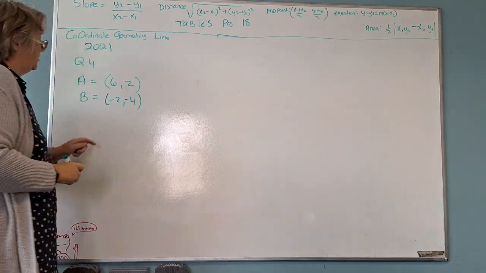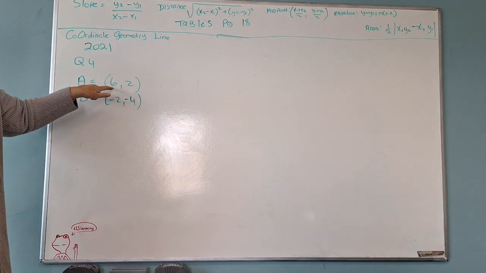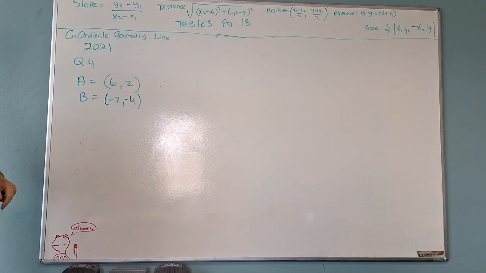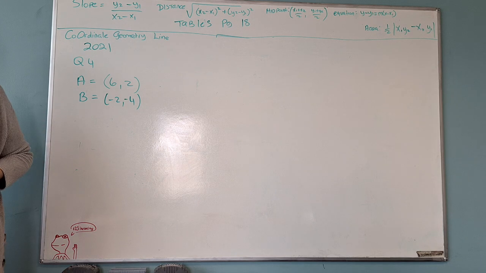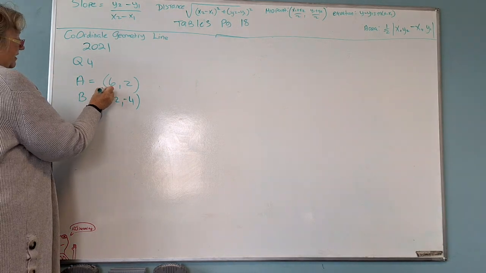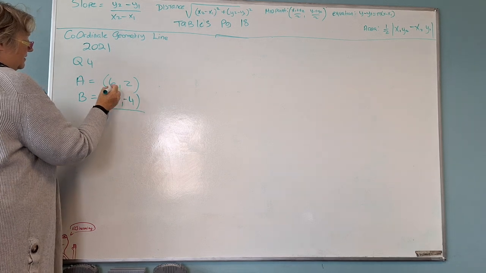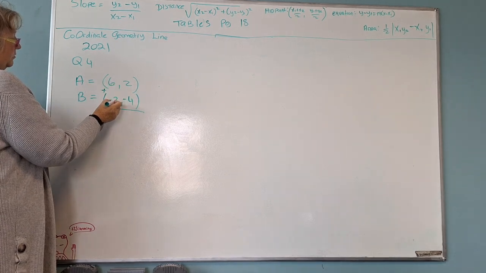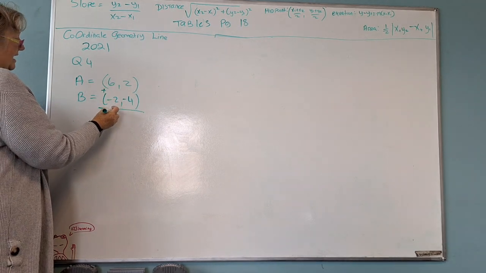Now, what you're doing is you're getting the halfway mark between these two sets of numbers. So if you write them like that, what you can simply do is add them together and find the halfway mark. So 6 minus 2 is